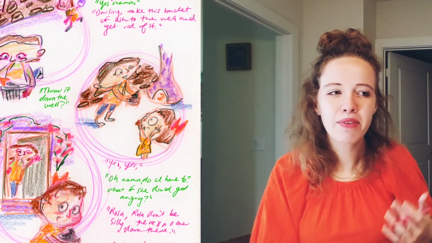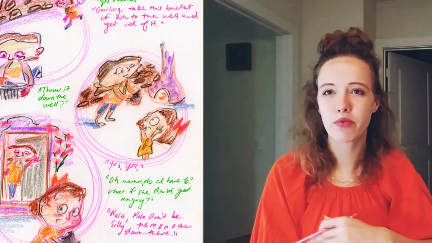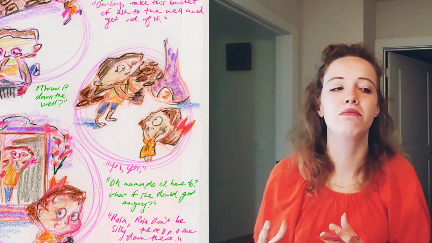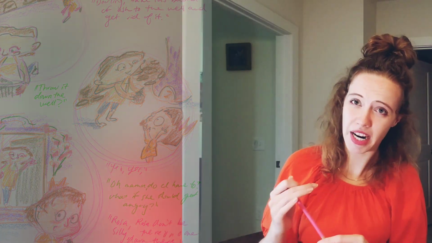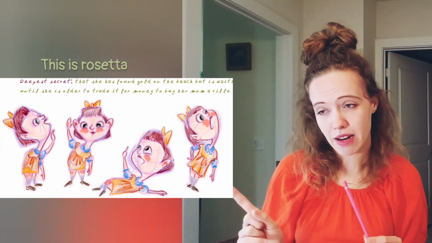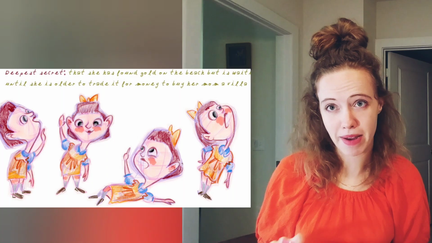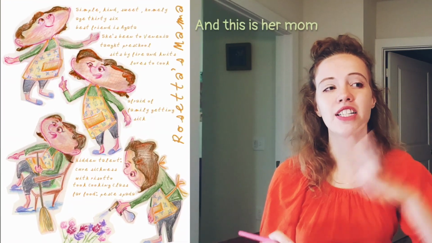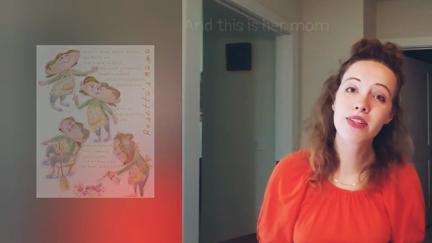So let me talk you through what I'm trying to achieve with this triple spot, and then hopefully you'll see my decision-making process and why I did what I did. What I'm trying to achieve here is an interaction between my main character and her mom. My main character's name is Rosetta, and she is coming into the scene, and her mom is telling her,